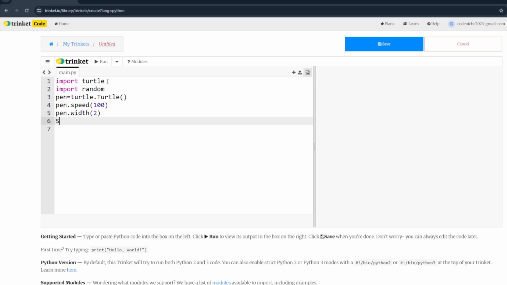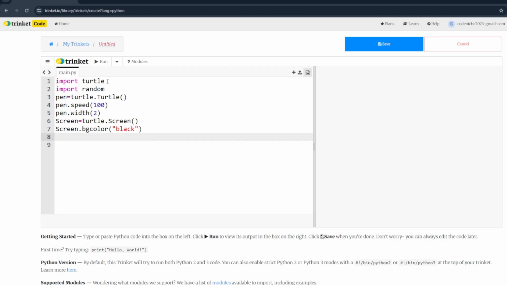Once that is done, we are going to use a screen variable, which will again store the details related to the screen function inside the turtle library. Here, we are planning to give it a background color, so bgcolor is going to be our function. And let's give it black. You can give it blue too, no problem. Any color that you want.